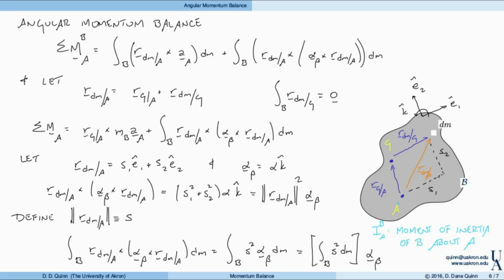And of course, as we change point A, we would have different values for this moment of inertia. Later on, we'll do a separate video lecture that deals specifically with the moment of inertia. But for now, just know that it's a property of the object, and it plays the equivalent role of the mass in terms of angular momentum balance and ultimately the rotation of the object. So now, for planar objects,